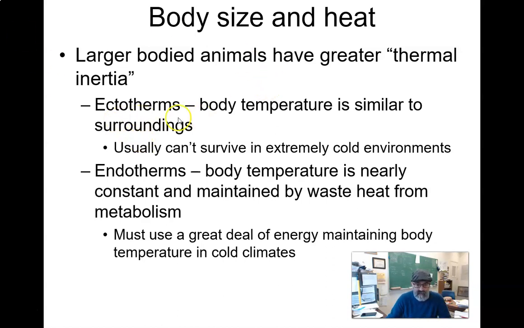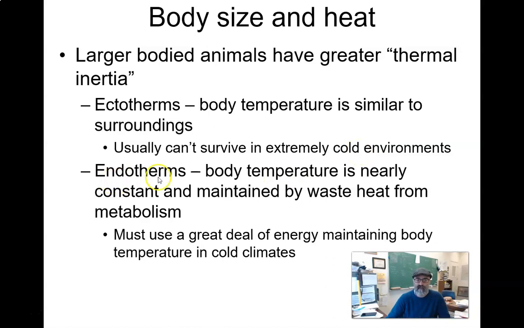Okay. We add into that ecto and endotherms. Ectotherms, heat coming from the outside. Body temperature of these organisms, these are quote unquote cold-blooded animals. Things like fish, amphibians, reptiles. Generally, the body temperature is more similar to the environment, right? And they can't live in extremely cold environments, okay? Because they don't generate their own body heat. They rely on the temperature, the heat from their environment. So if they live in very cold places, there's not enough heat to be absorbed by their body to make